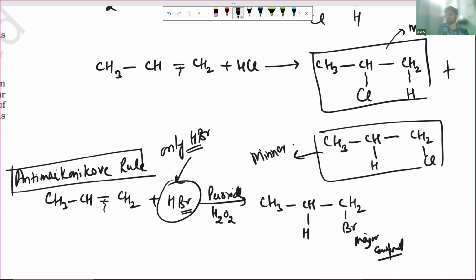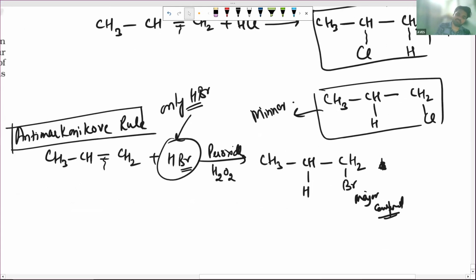Yes, major compound. So this is called the anti-Markovnikov rule. It is done in the presence of peroxide, and there should be only HBr, not HCl, not HI. Got it? And if the same, if we don't use the peroxide,